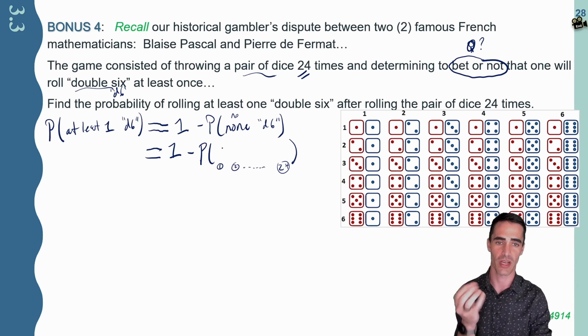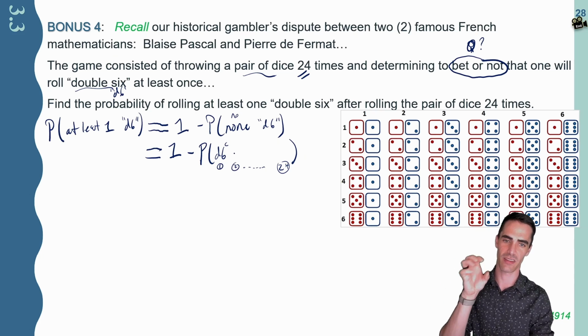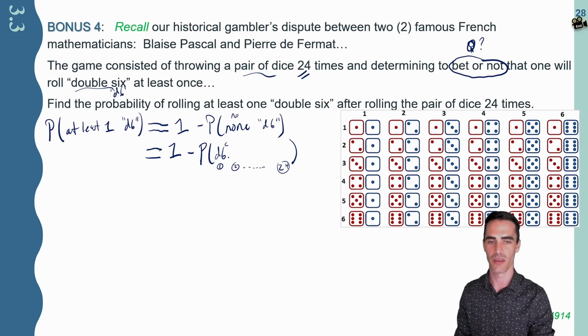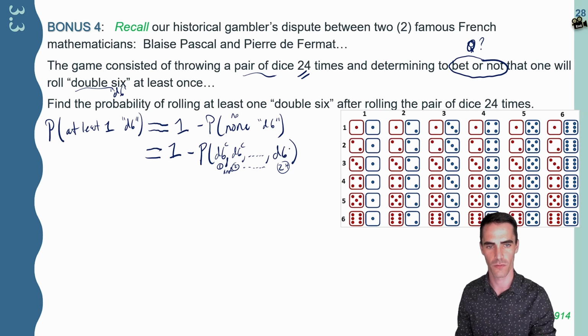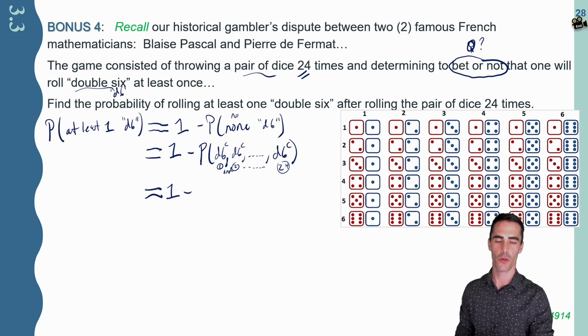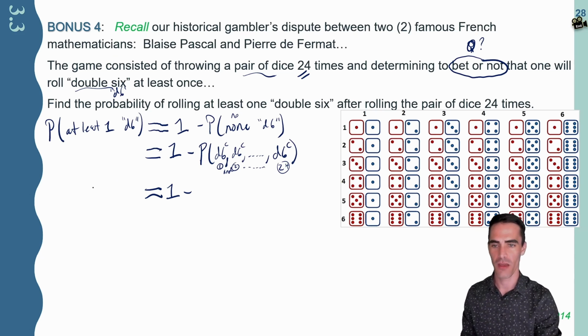So if I want to think of a way to express getting not a double six, well, again, you could say not double six, or I could write double six complement, and that represents the event that is not a double six. So I want not a double six, and, not a double six for the second roll, and so on, because we're doing not a double six, not a double six, not a double six, 24 times. Here we go. This is where the magic starts to come into place. Notice I'm looking at all of these, not a double six and, not a double six and, stressing that word very importantly, because I'd like to do